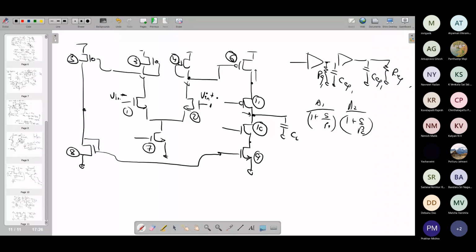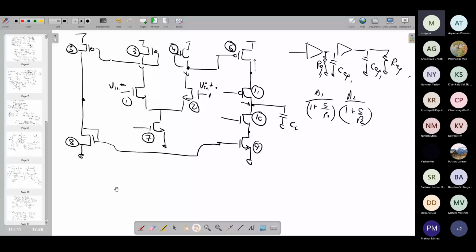And looking at that, what is the benefit of having a dominant pole in the circuit? That we can try to understand. Let us see that. So when you look at frequency response, we have discussed that ultimately, when we are trying to use these operational amplifiers in feedback configuration, we need to make sure that after closing the loop,